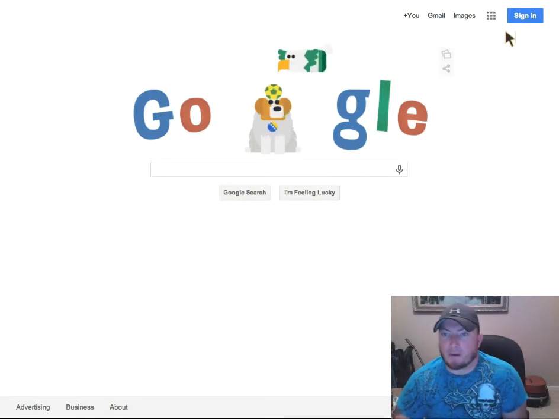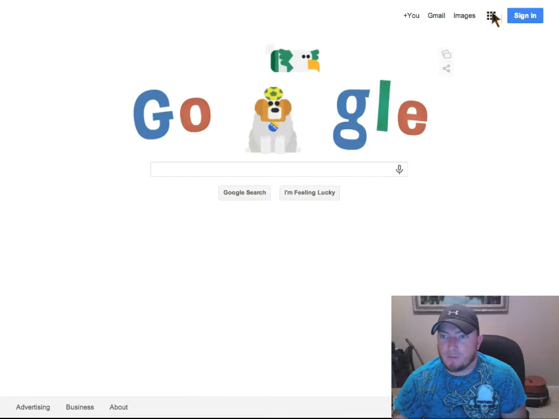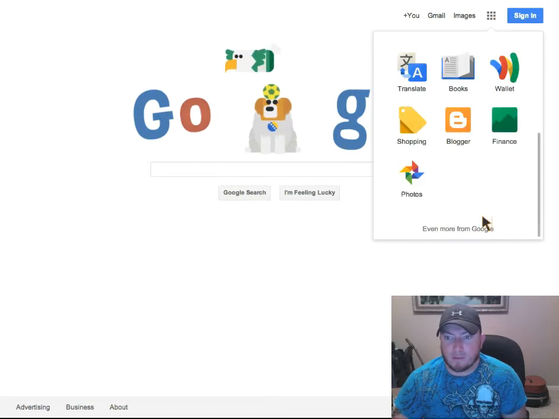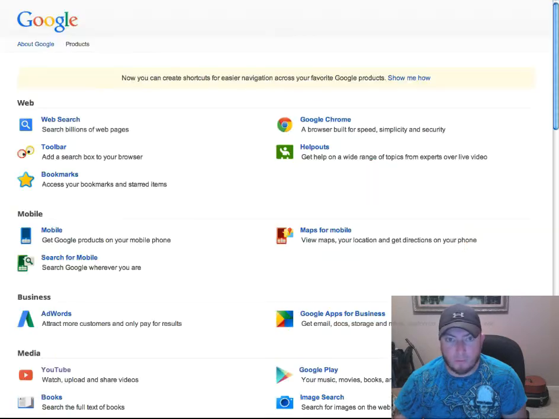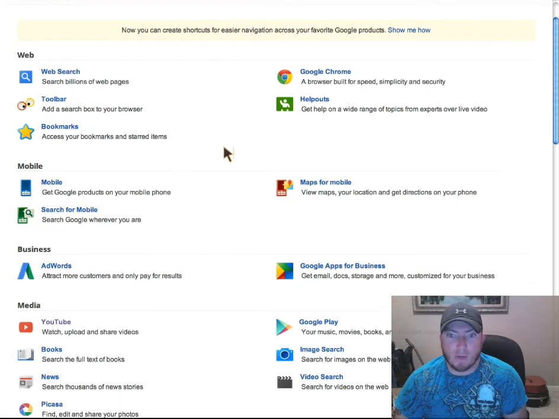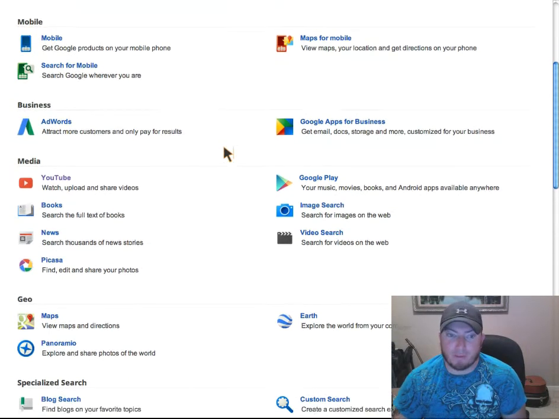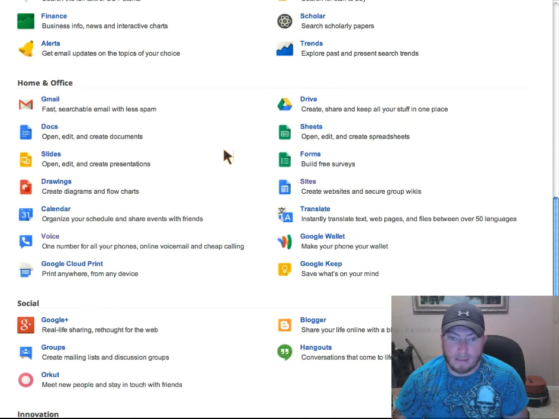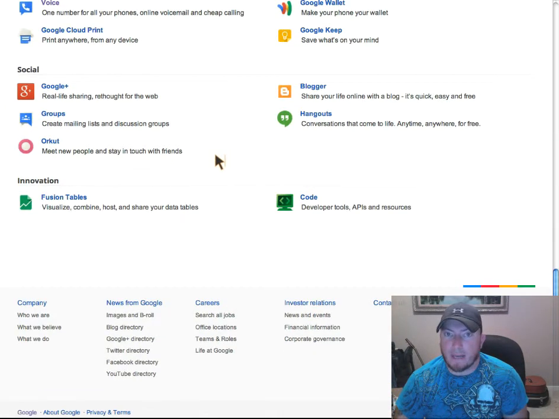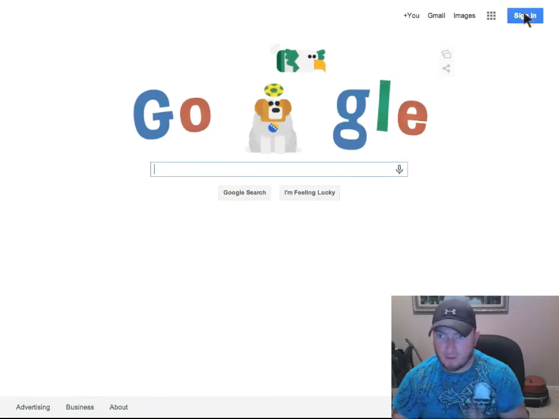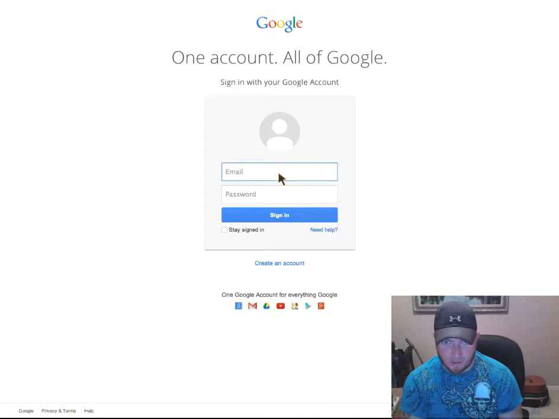Things I want to point out is that here, that little menu with the squares, that's actually your apps menu. If you click on that, you'll get options for apps, and then you'll have even more and even more. So this is all the Google apps we have available for us. Some of them are going to be more pertinent than others. Some of them aren't going to be useful for us, but you do have a bevy of things that you can use here. So if you go ahead and log in using your Google Apps for Education account,